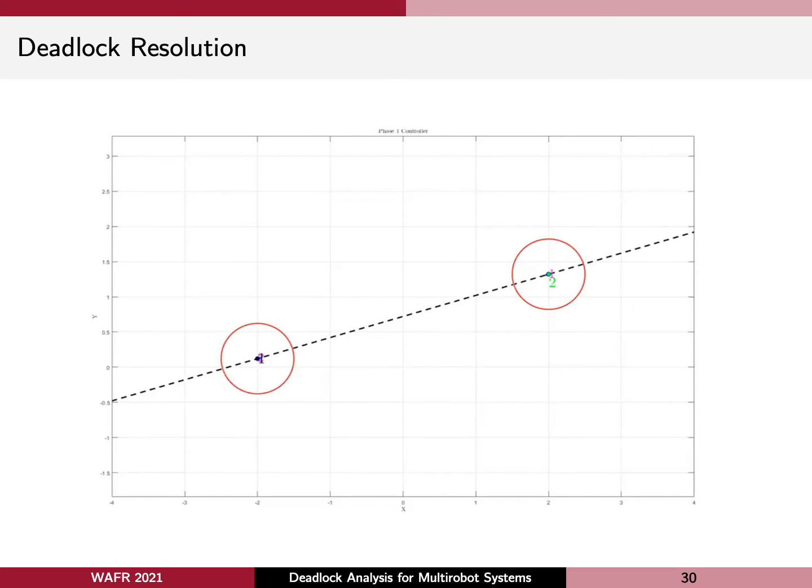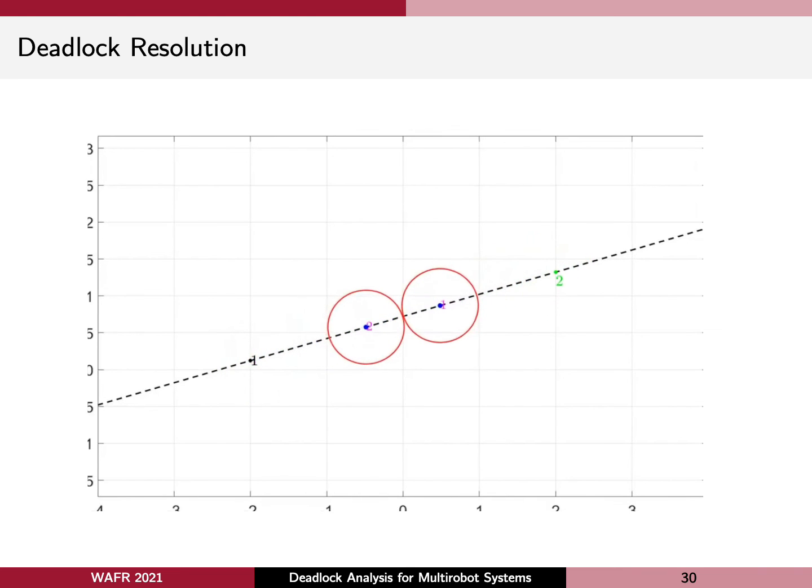Okay, so let's see the videos showing this algorithm in simulation. In this video, the original task for the robots is to swap their positions. So the robots start from their initial positions, use phase 1 control, and fall in deadlock. Once that is detected, they rotate around one another using phase 2 control, which is based on feedback linearization. And once that rotation is complete, they use phase 3 control to go to their respective goals. That's how these robots accomplish the swapping using the 3-phase mechanism.